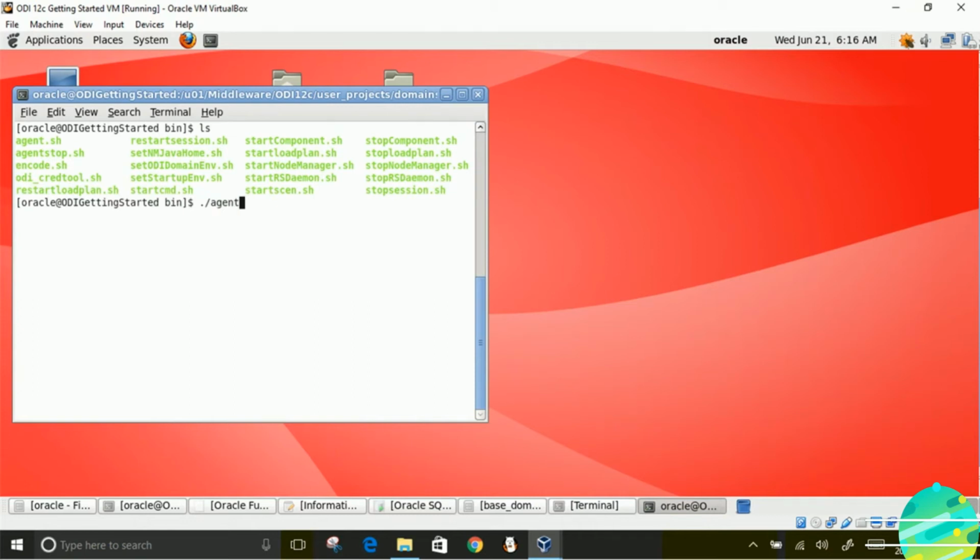Now run this command ./agent.sh -name equal to Oracle DI agent 1. This is case sensitive, so make sure Oracle DI agent 1 is written exactly as it is shown here.